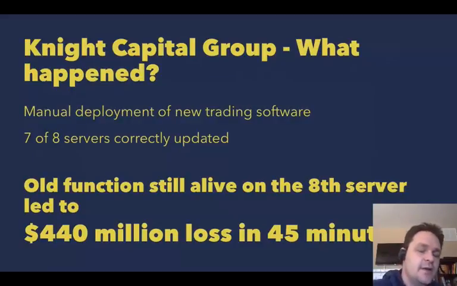And so they put this software on 8 servers, but they didn't fix one of the settings on one of those 8 servers. And so an old function still stayed alive on that 8th server. And it did the trades the wrong way. It did them in a different way than the other 7 servers that were done properly. In 45 minutes, because of those bad trades, they lost